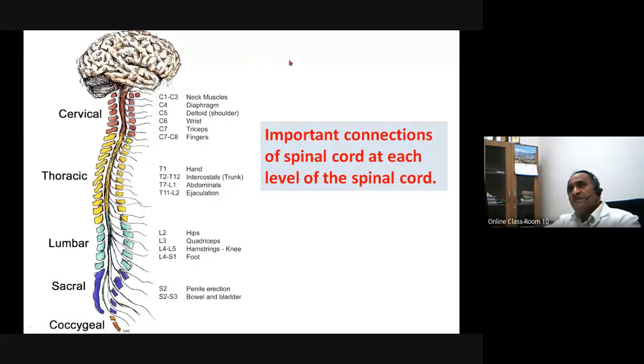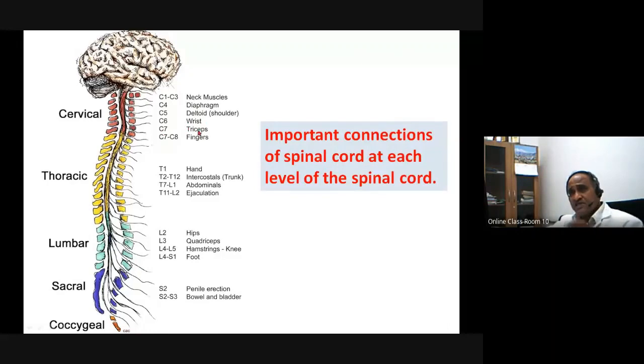Now, summarizing the important connections here. We have the cervical segment, thoracic segment, lumbar segment, and sacral segments, and these are the nerves coming up here. If you are looking at this broadly, C1 to C3 supplies the neck muscles. C4 is the diaphragm, an important respiratory muscle, and C5 is your deltoid, the shoulder muscle, and C6 is